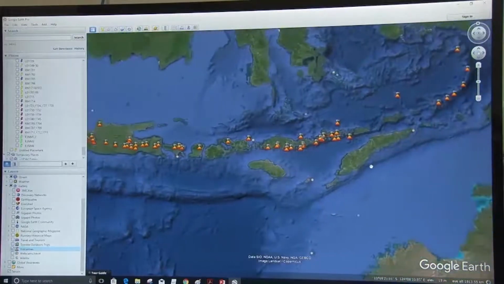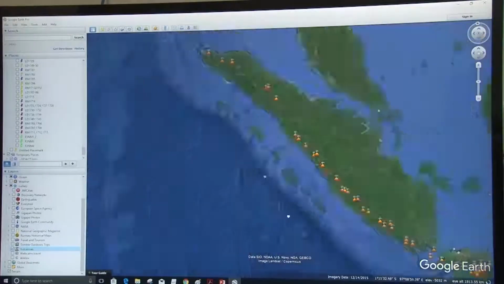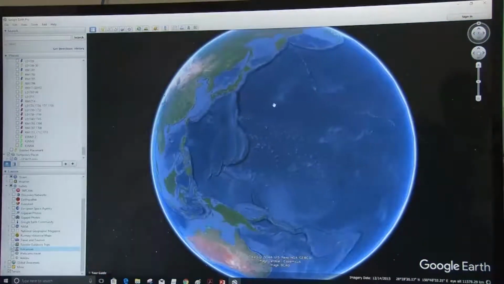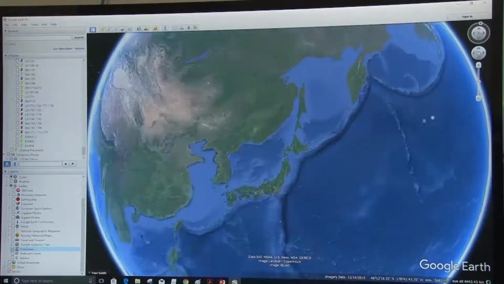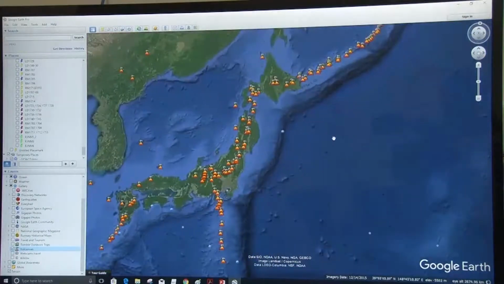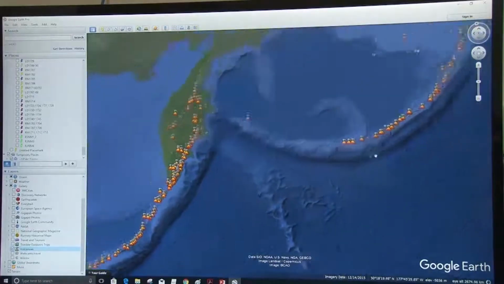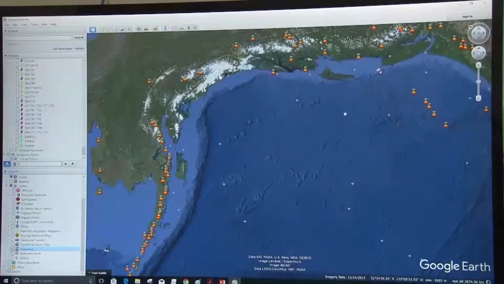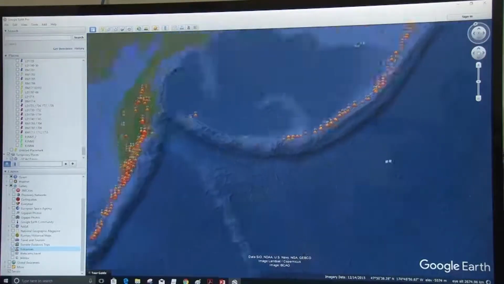Okay, they are very typical to subduction zone boundaries. Any subduction zone in the world, let's say in case of the Honshu Hokkaido subduction zone, okay, here also you will see volcanism all along the plate margins, where two plates are in collision and one plate is subducting beneath the other plate.